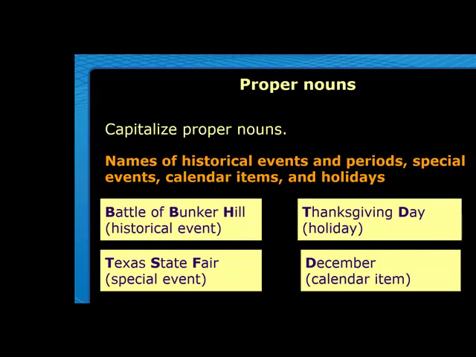When we talk about history, for example, the October War or the 6th of October War should be capitalized, okay? Texas State Fair, that's a special event like the American Science Fair that we have in our school every year. Thanksgiving Day, okay? Here we have a feast, our feast, like Al-Adha and Eid. December here, that's the name of a particular place, okay? Or particular time of the year.